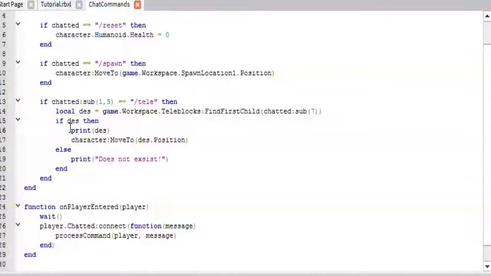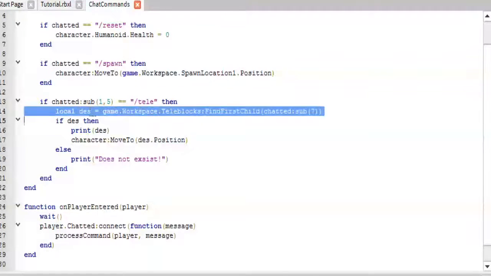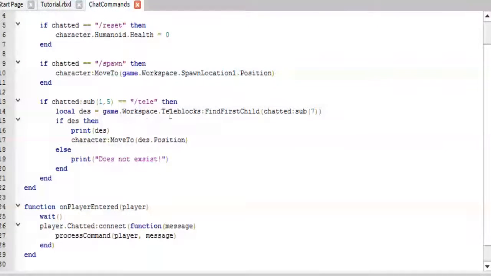And a substring is basically a little section of that string. In this case, what this is saying is we just want to look at the first 5 characters of the string. And it's saying if the first 5 characters of the player's message are /telly, then that's when it will go into this if statement, in which case we set the des variable, which is equal to the